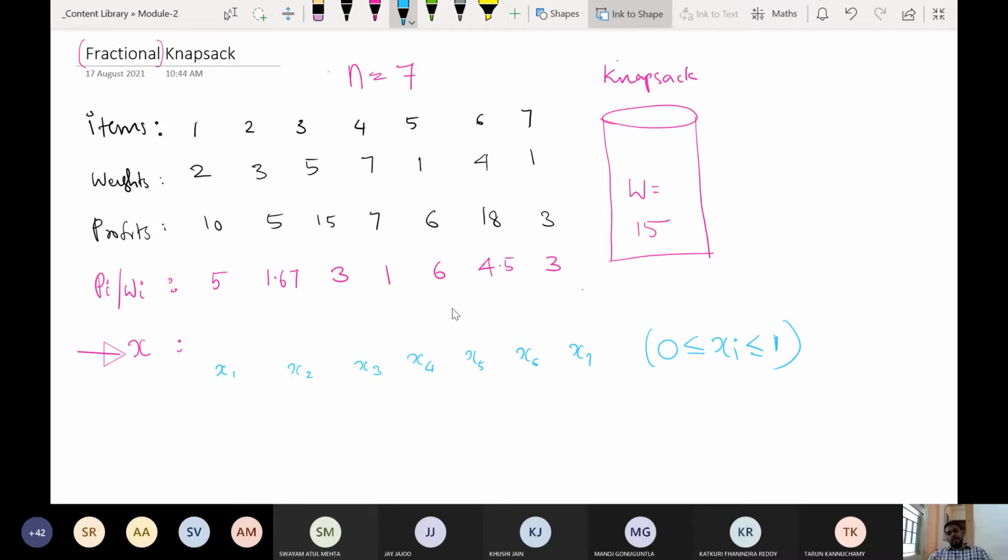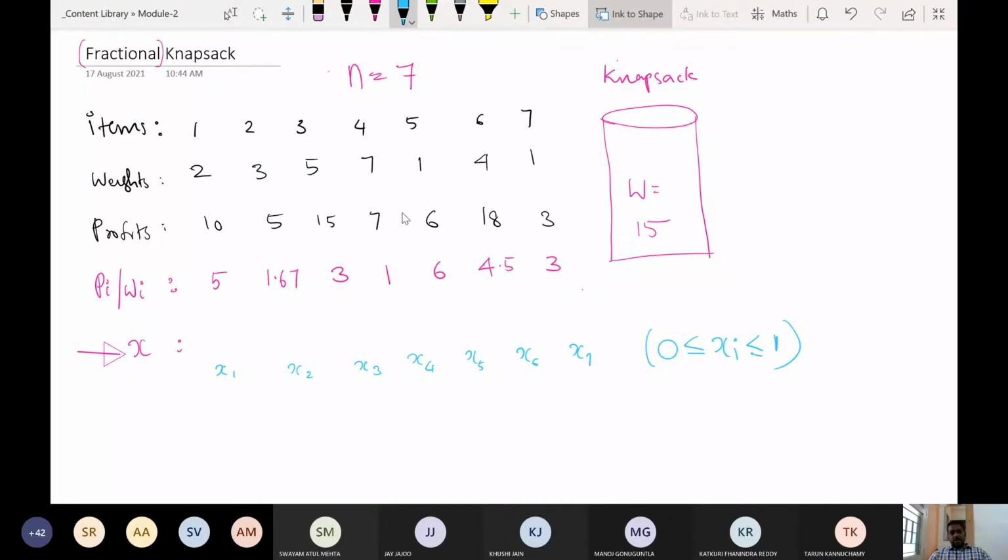So two ideas are there now. One idea is suggested by someone from you: you take maximum profit items first and start filling the container. My idea is you take least weight items and start filling the container so that I can have more and more items, and that will give me more profit. But both these ideas are not good. We have another very good idea.